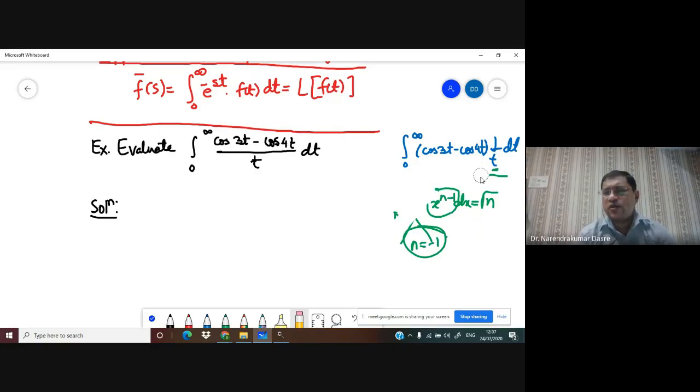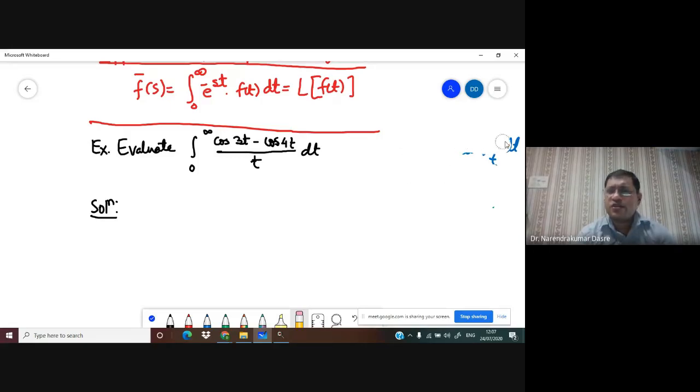So that means whatever we knew up to now, we are not able to use that theory, and hence the previous tools that we have studied are not able to solve this problem. So we have to think of the advanced tool, and that is Laplace. Now the question is how.